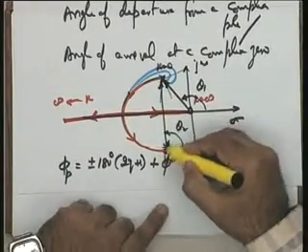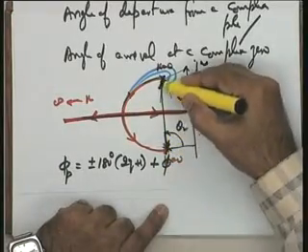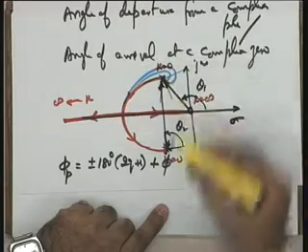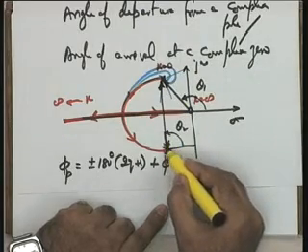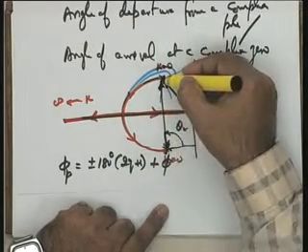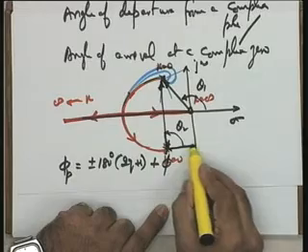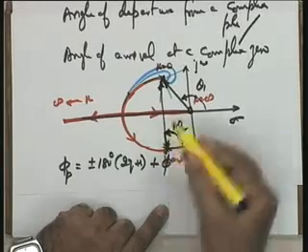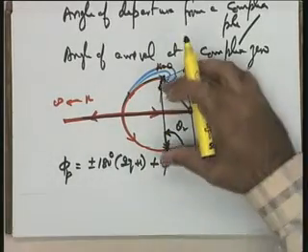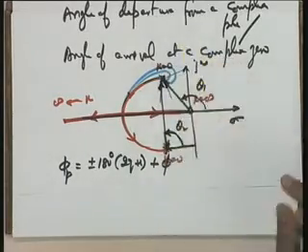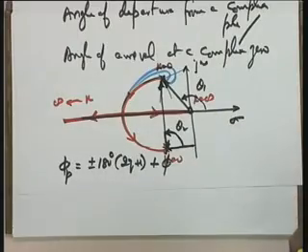Theta 2 in this figure is naturally 90 degrees. But otherwise, yes, it is this particular pole I have taken. I have drawn a vector to this particular point under consideration, and this is the angle contribution of this pole at this point. Okay, so I have drawn a horizontal line, and this is the angle. In this particular case, it is too obvious because these are the complex poles. This particular angle theta 2 is equal to 90 degrees.